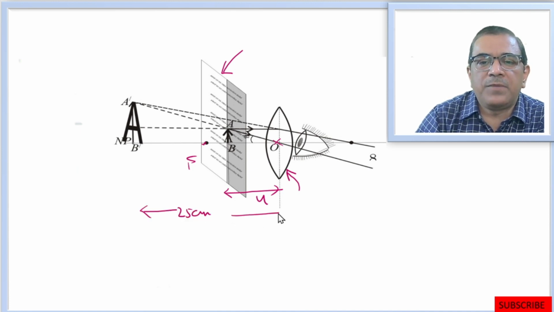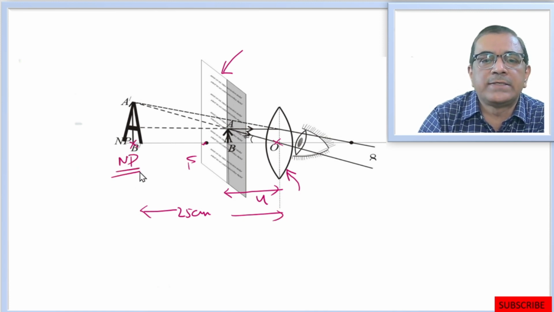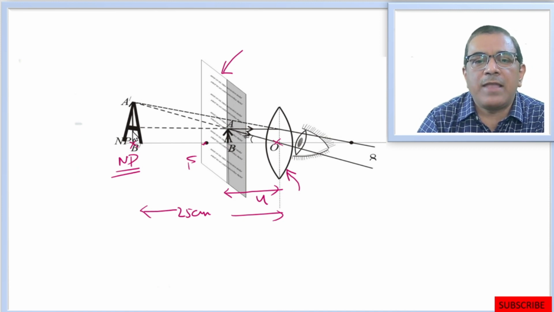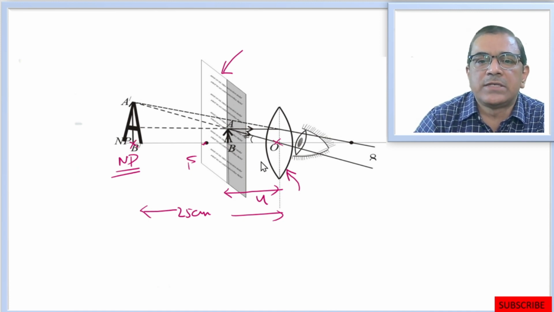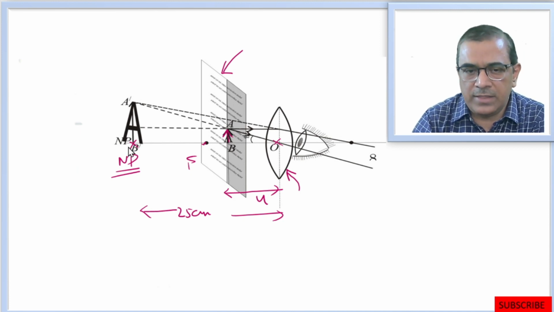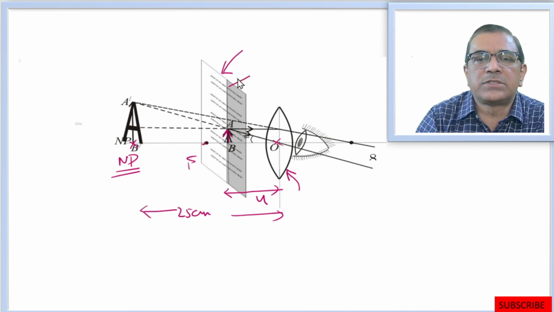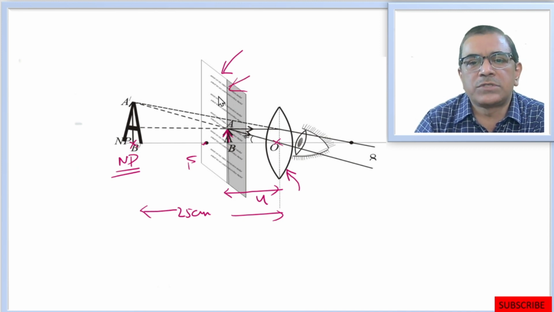So 25 centimeter happens to be the place where the near point of the normal eye is, and this is the place where if the image is formed, the person will be able to see the text for a longer period of time. Now you see, in this case, though the text box has been held very close to the eye, its image is formed at 25 centimeter, and that is why this person should be able to read this text box for a longer period of time almost tirelessly.